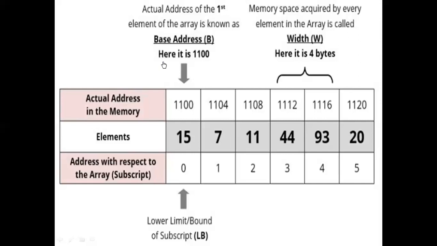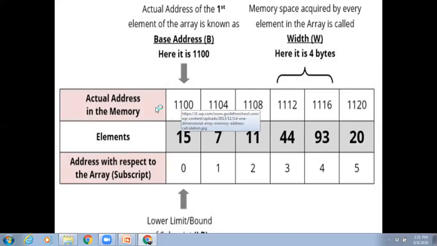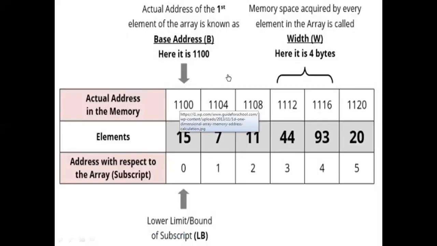That's why the location from where the elements are stored is called the base address. From that location, empty locations are available, so the operating system will store elements from there. So 1100 is the base address. Base address means from where it is storing. Here also, for 6 elements, the base address is 1100.